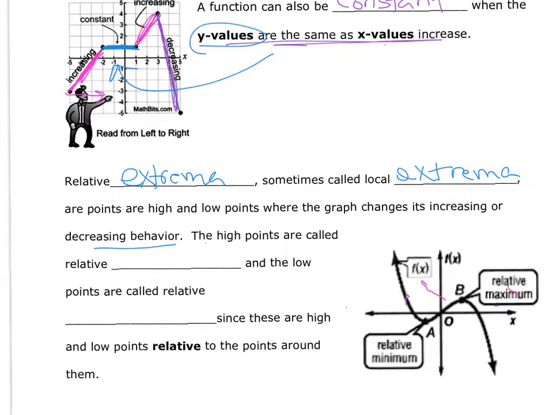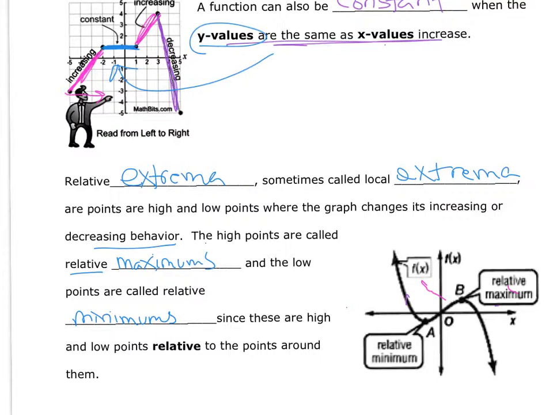The high points are called relative maximums, and the low points are called relative minimums. Since these are high and low points relative to the points around them. So they're not the highest points or the lowest points on the graph, but they're highs and lows when compared